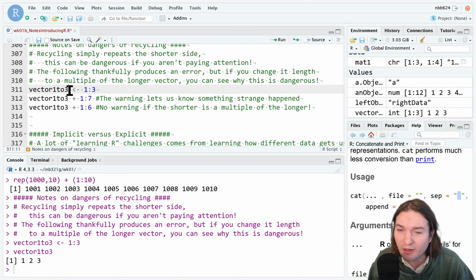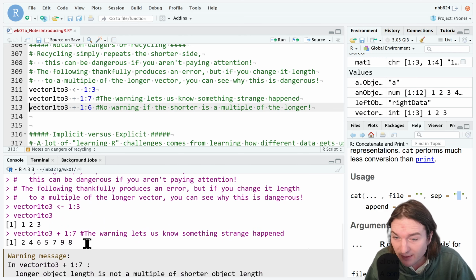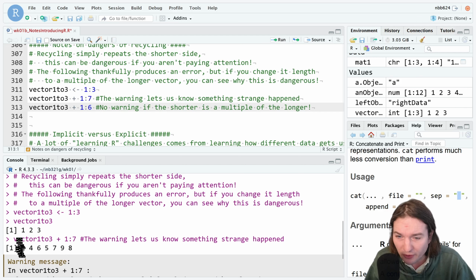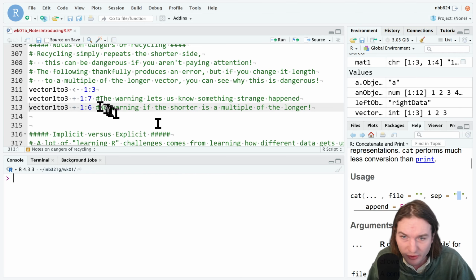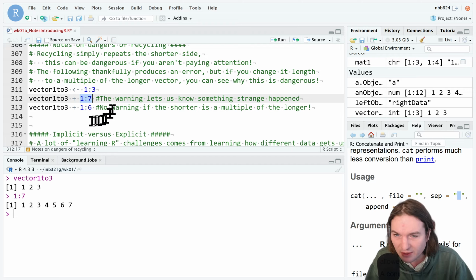So here I have 1 through 3, and I'm going to try to add 1 through 7, and it actually attempts to do it. So it's going to take 1, and it's going to add it here. Let me actually do this one more time. 1 through 3, 1 through 7,